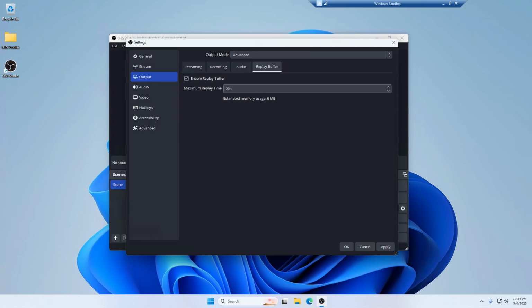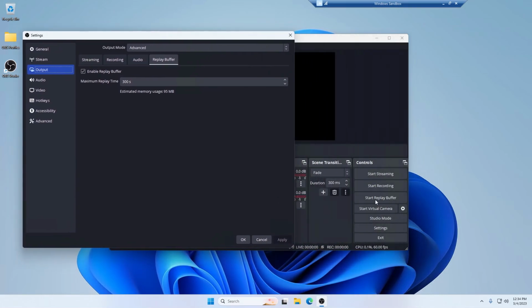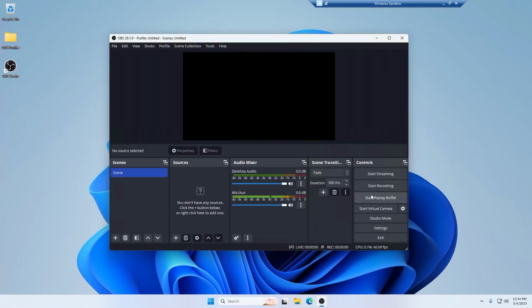You just check this box and plug in how much time you want there to be. It goes in seconds. So if I want 5 minutes, I do 300 seconds. Pretty easy. And then if I hit apply, I now have a button right here that says start replay buffer. So what I can do is I can start the replay buffer,